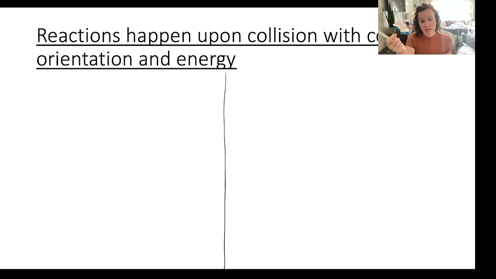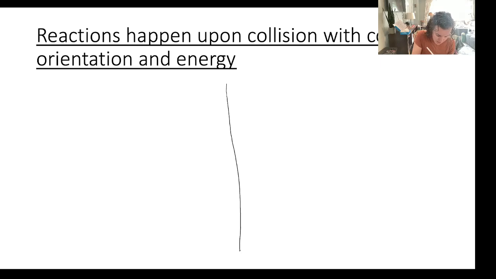And this collision has to happen with the correct orientation and energy. So for example,